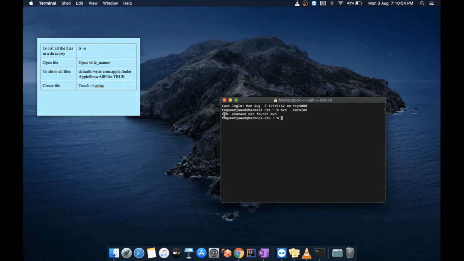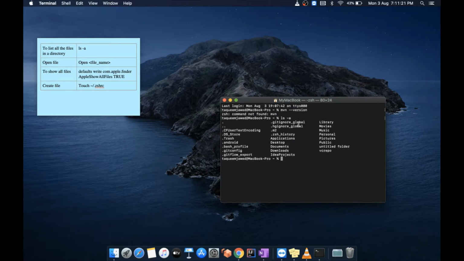You can see here this is referring to a ZSH, right? So for that we need to have the ZSHRC file in our home location. So this is my default home. What I'll do is see what files are present in my location. For that you need to write the command ls -la. Now it will show you all the files present. You can see here there is no .ZSHRC file present, though we have the bash profile here.